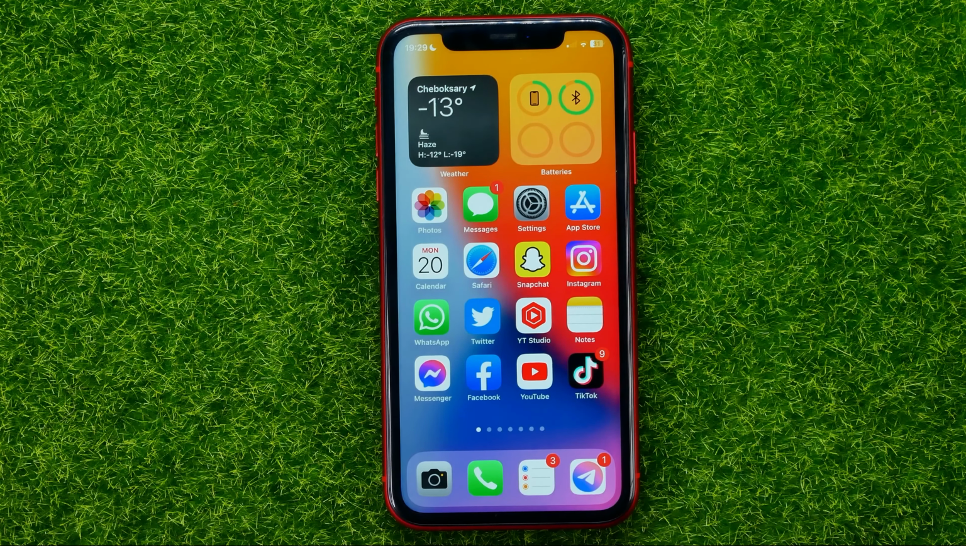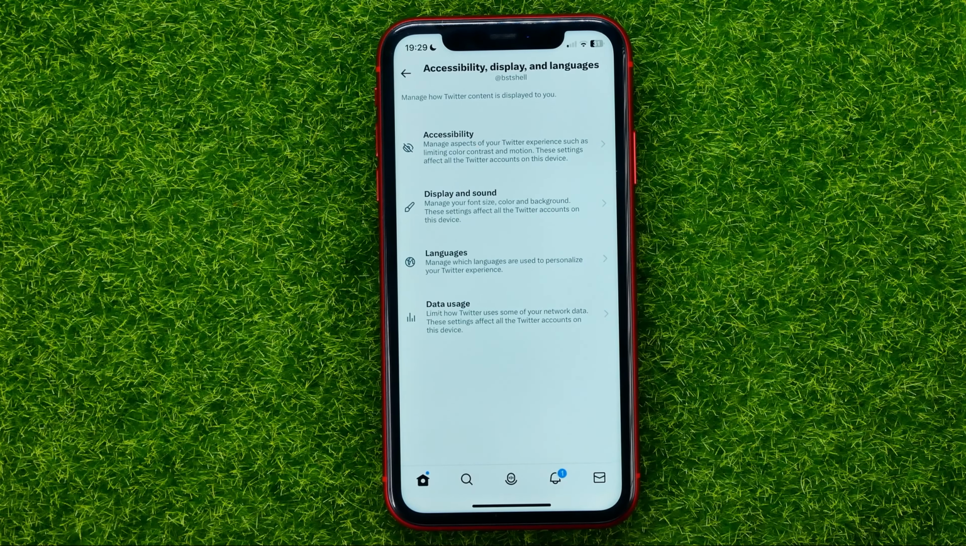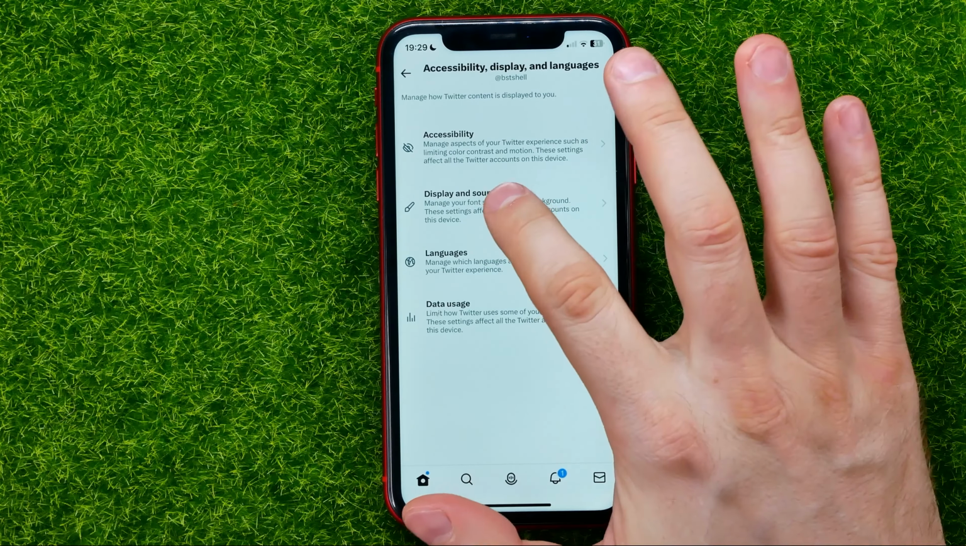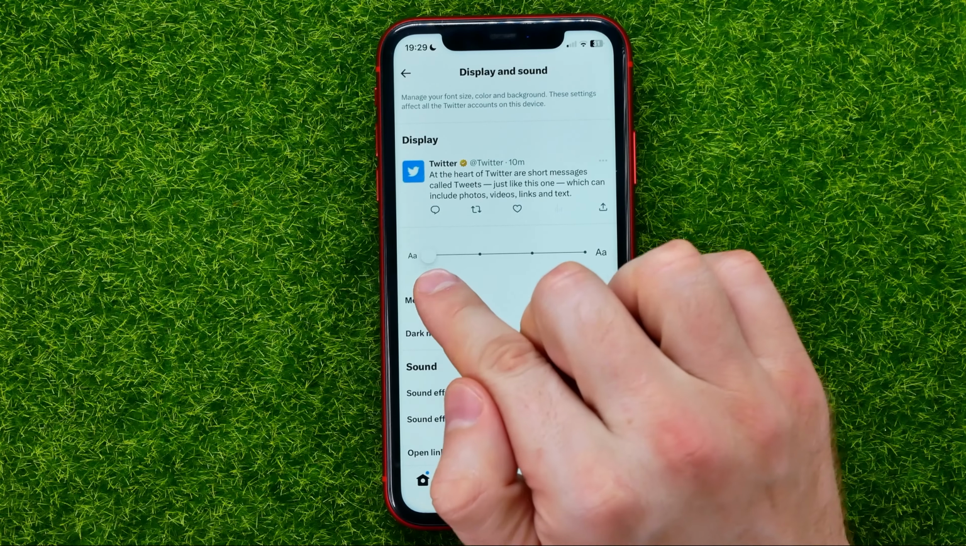So let's begin, and first off, open up the Twitter app. Then right here tap on your profile picture, then tap on Settings and Support, then Settings and Privacy. Now tap on Accessibility, Display and Languages, and then get into Display and Sound, where you can easily find that